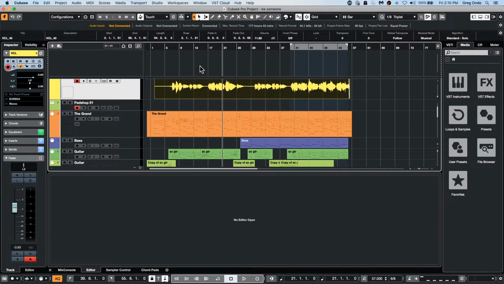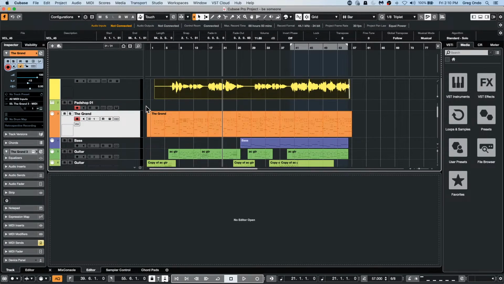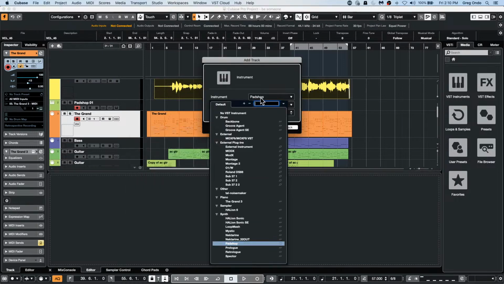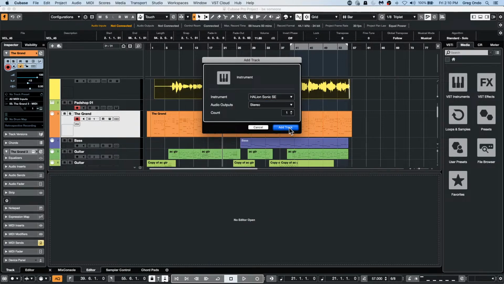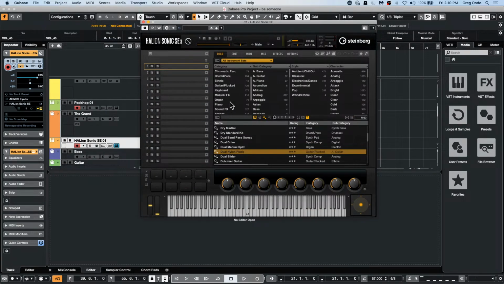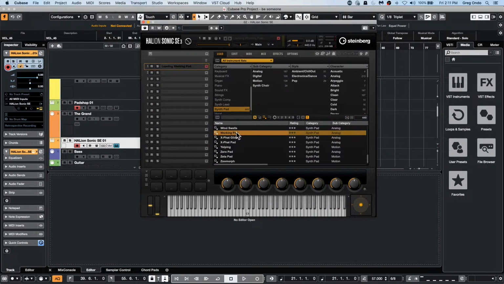Okay, so we have from Dan Freeman: I see things like synth pad in Halion Sonic. What's a pad? So a pad is often a sound that we could think of like strings. So let's say if I wanted to come over here, Padshop is very good at it as well, but let's do just a little bit of Halion Sonic SE. So it's a category of instrument sounds. So if I come over here to synth pads, you're going to have a lot of very lush and thick sounds